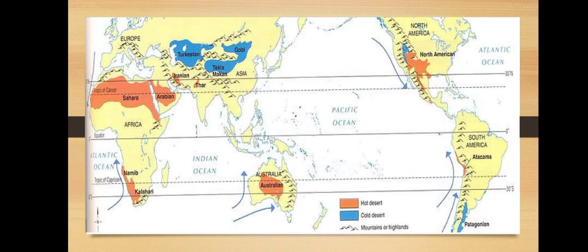So here are the formations of the detailed information about the hot deserts and the cold deserts. The blue is the cold, and the red is the hot deserts. So we have Turkestan, Gobi, Takla, then the hot deserts we have Sahara, Arabian, Kalahari, Namib, Australia, and so